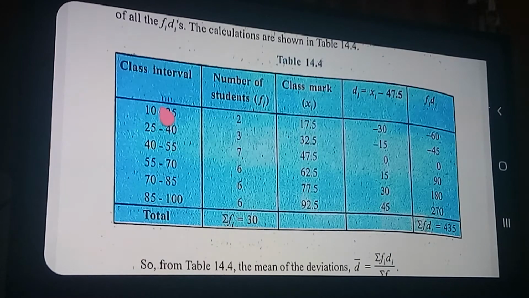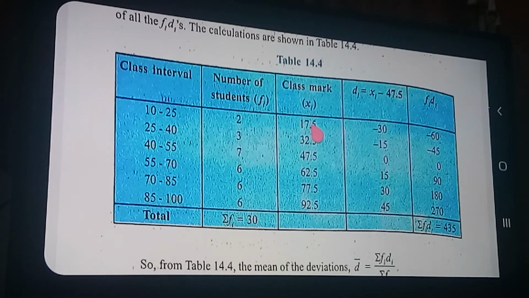Now here you see, all the class intervals are the same. The class width is the same in all the classes. How do we find the class width? That I also explained in the previous video. Here the upper limit of one class and the lower limit of the next are the same. So upper limit minus lower limit directly gives it. 25 minus 10, how much is coming? 15. So for all the remaining classes, you have to add 15.